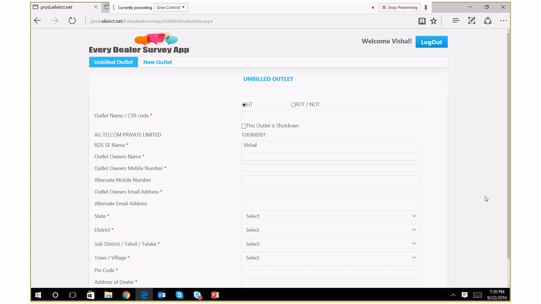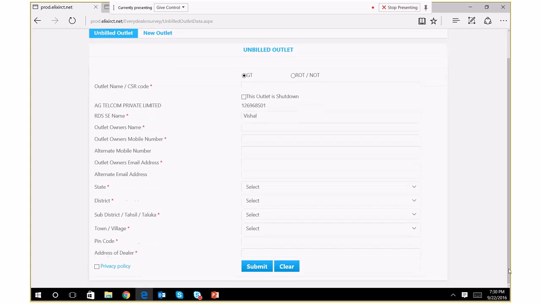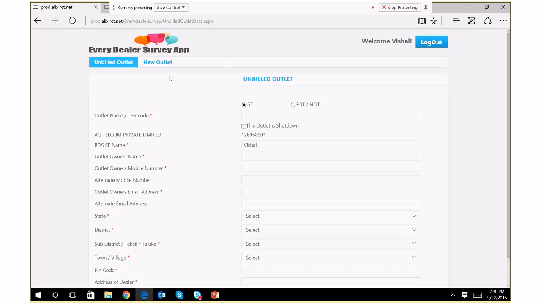Same is the case with the billed store. If the sales manager is rejecting the billed store, it will go to the app. In the app, it will once again start coming in the drop down, and the sales executive needs to re-enter the data for that. Once he has done the correction and re-entered the data, it again follows the same process, which means it will again come for the sales manager's approval. And once the sales manager has approved, it will get saved in the application. So typically, this is how the data submission needs to be done for the unbilled outlets and the new outlets